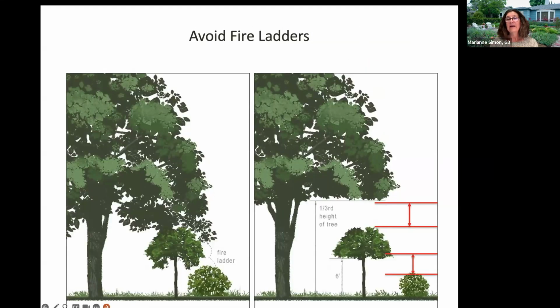And then this is one to look at: fire typically doesn't move along the ground, or if it does, it's not as significant as it moving into our larger plants. So one of the ways that we can prevent that is by making sure that there is space between the different heights. In the image on the left, you can just step up from our shrub at the bottom to our tree at the top.